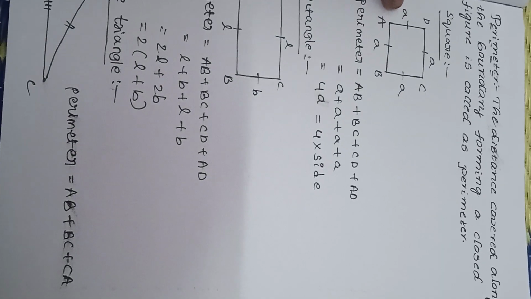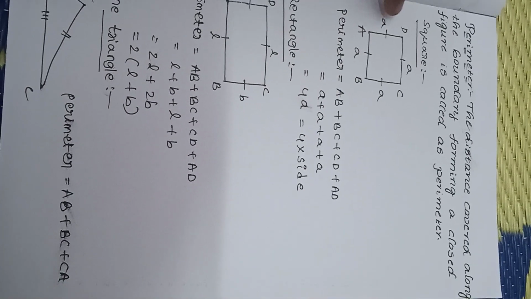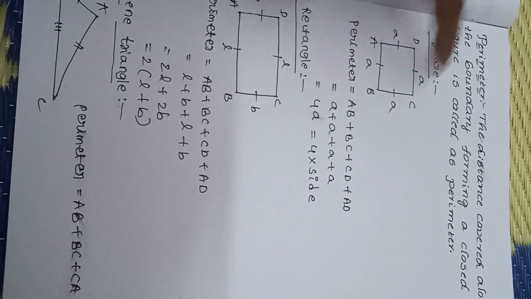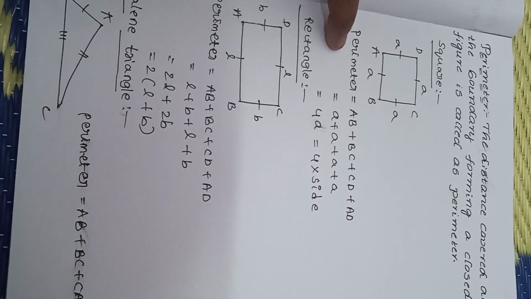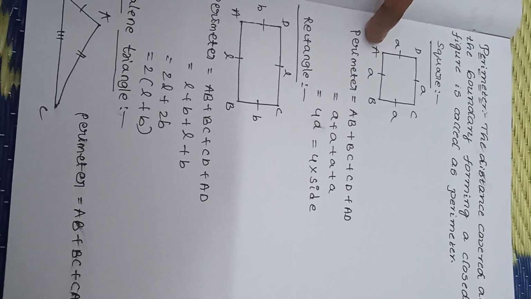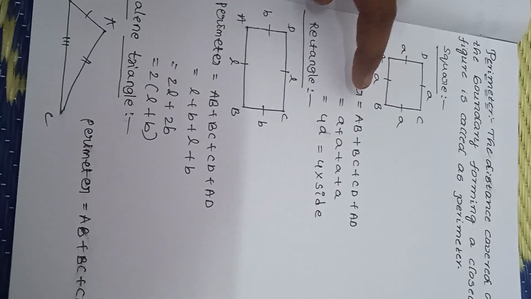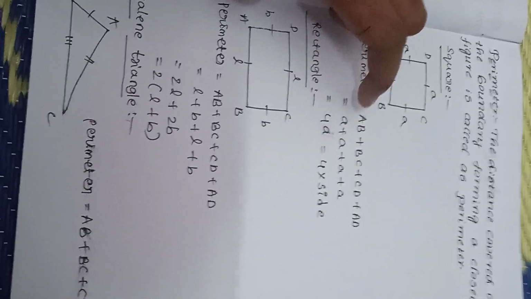Let us see what is the perimeter of a square. So first draw the figure. Next, square means all sides are equal. So side of the square consider as A. So AB, BC, CD and AD values consider as A. So perimeter means sum of all sides. Here sum of all sides are AB plus BC plus CD plus AD. So these all values are considered as A plus A plus A plus A.